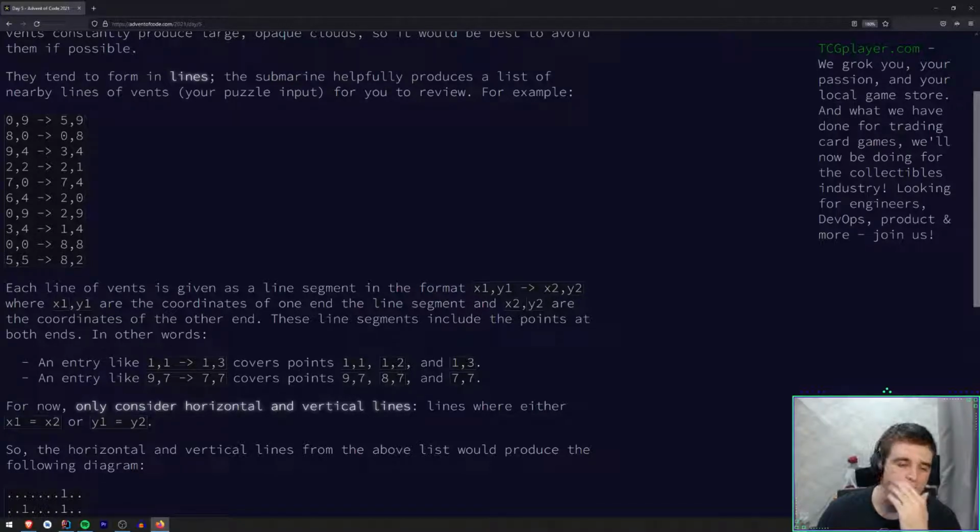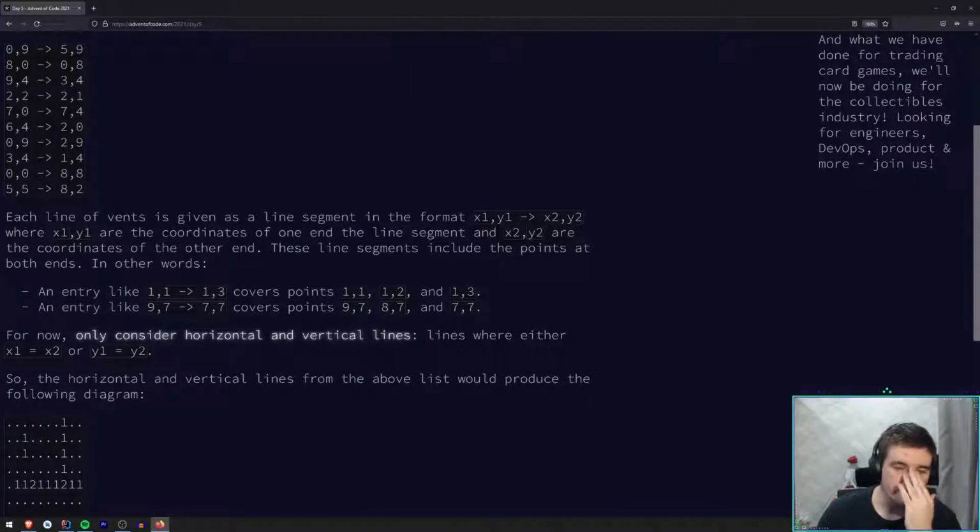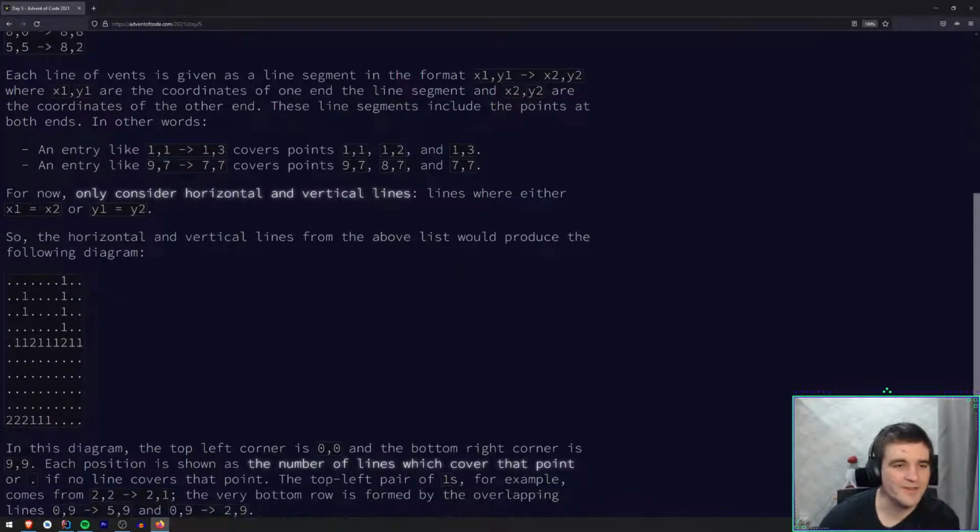Oh, right, okay. Now I see what they're saying. Because it goes from coordinate 1,1 to 1,3. So it's a vertical one, right? X is 1, and Y is 1, 2, and 3. And then X is 9, Y is 7. It's a horizontal one. It goes 2 units that way, 9, 8, 7. Okay. I just didn't understand it properly the first time I read through, but that does